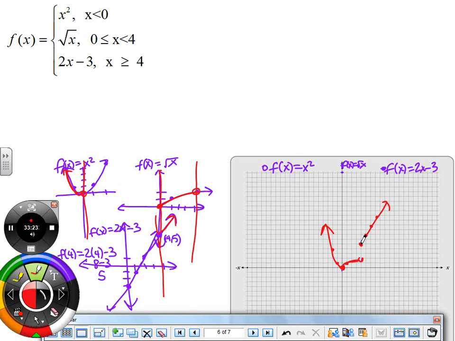What would be the domain of this graph? All real numbers. So I can plug in everything here. I have a point there. I can plug into the left. That looks empty, but then there's one right there, and I can keep going. So all real numbers. And the range